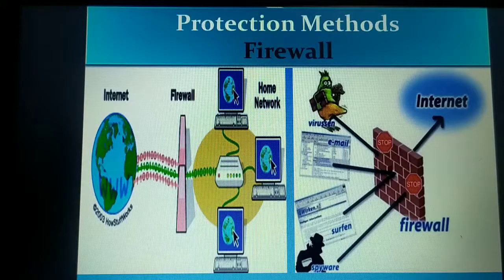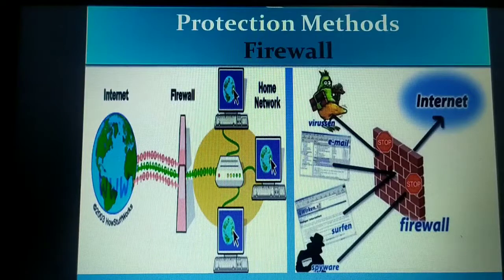Then here also a hacker may send his own data. Certain spam messages he may send to make those packets reach some other destination or any other computer. So when the packet arrives here, the firewall will also examine the IP address. It finds it is an unauthorized packet, then it will stop that packet from entering or passing through this firewall. So this is how exactly the firewall works.